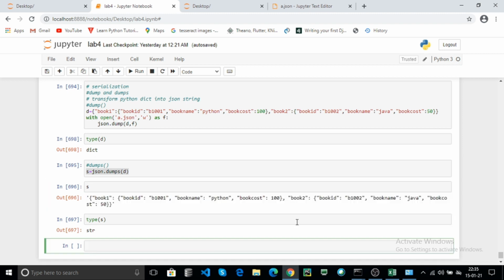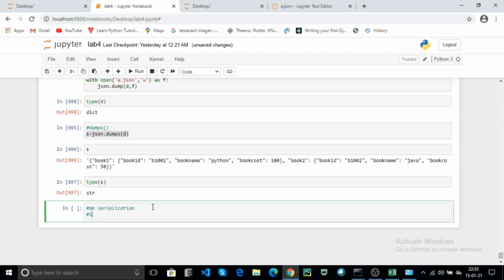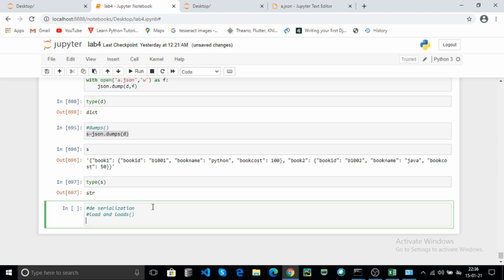Now how to do deserialization? By using load and loads. The load is the same as dump and loads is the same as dumps. Now you can use load to read the JSON data and convert it to a dictionary.